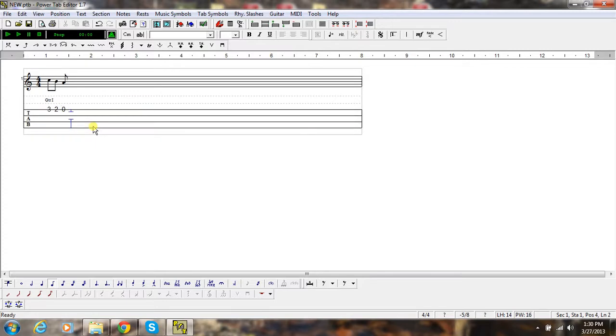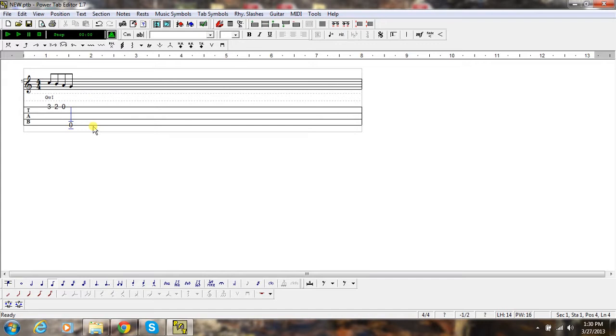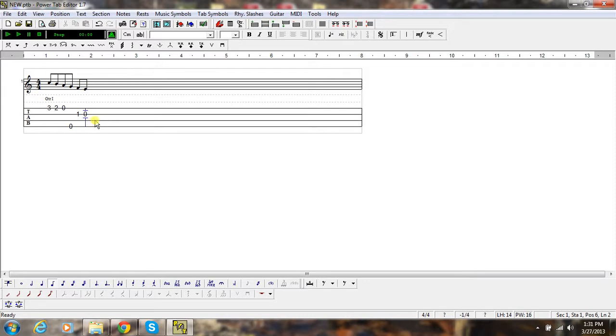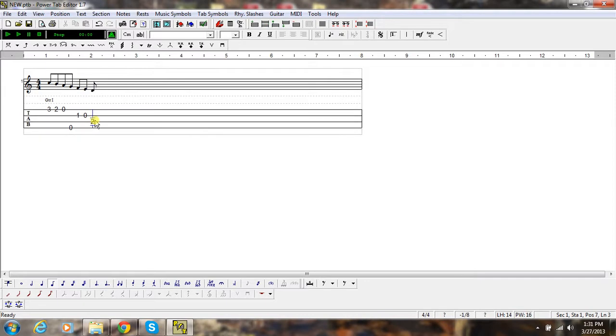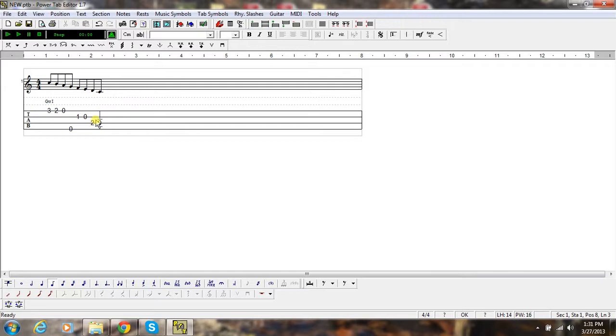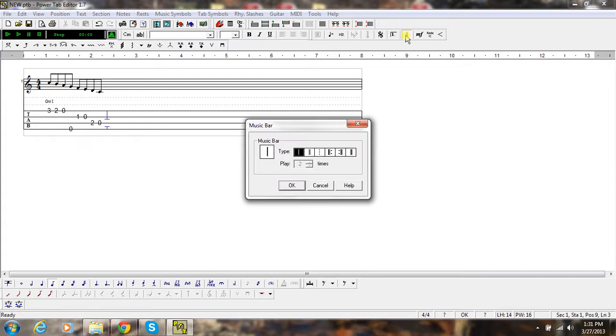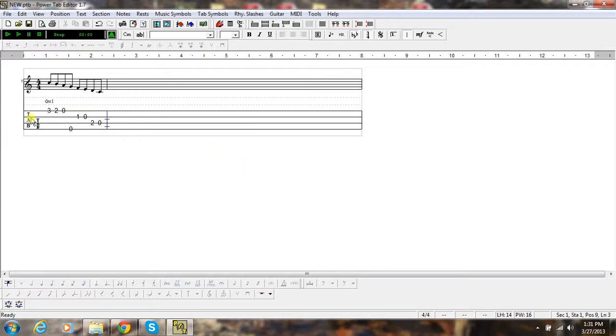Now I'm going to go to the 4th string. I'm going to hit a 0 there, which is an open string. Second string, I put a 1, a 0. Go to the 3rd string, I'm going to hit a 2, 0. Hit my arrow key. And now over here, this little guy, that's your music bar lines. You got repeats and your ending one right here. I just want a regular bar line. So now I got a full measure here. So if I play that,